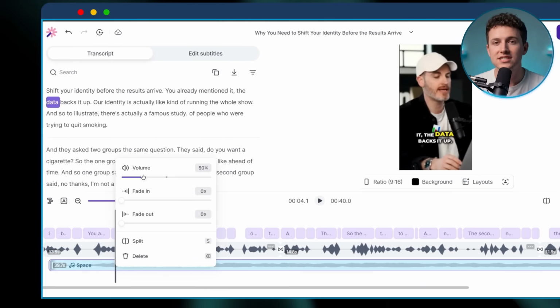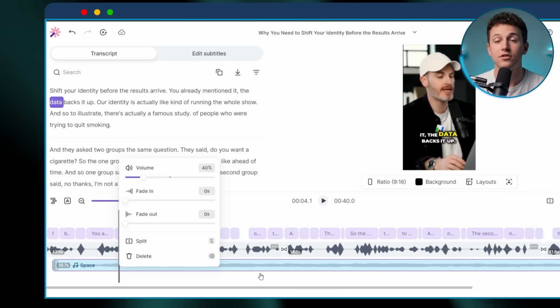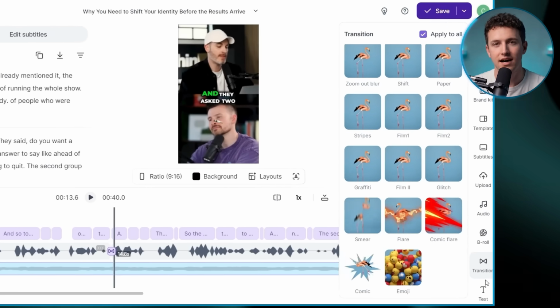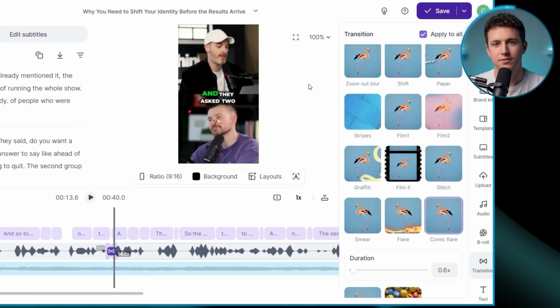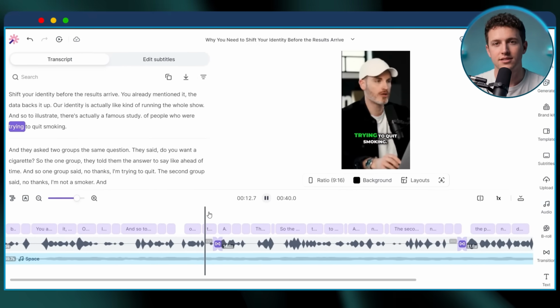Then I will pull the music down to about 40% because it's just there to be a quiet ambient soundtrack under the talking, not overlapping it. I think I can also add some transitions in between the cuts, so I'll open the transition panel and grab Comic Flare as my transition. With Apply to All switched on, that same flare drops onto every one of those cuts, so the jumps are